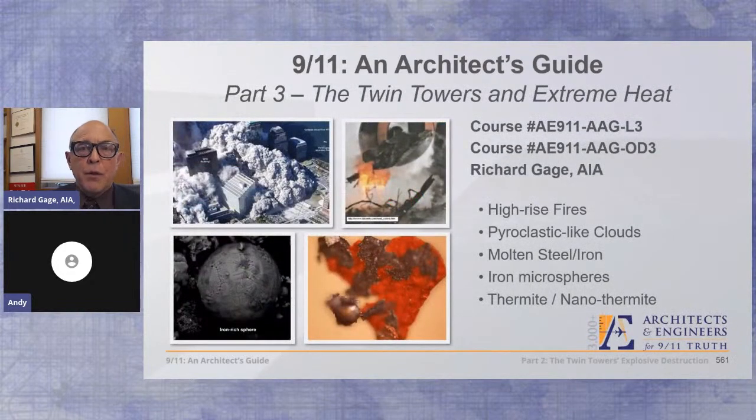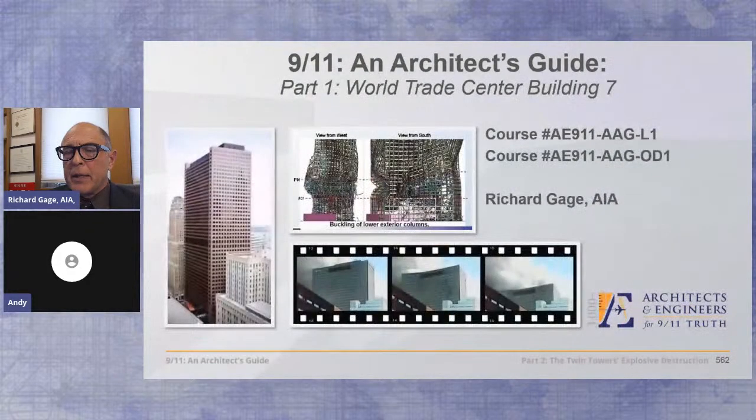which leads us into part 3, which we'll look at next week, 1 week from today, Thursday at 1 p.m. Pacific. The Twin Towers in extreme heat, which we dive into the molten steel and iron, the iron microspheres of thermite, nanothermite, hot, very hot pyroclastic clouds, and the fact that these high-rise fires couldn't possibly explain any of this phenomena. So join us, and the week after that,